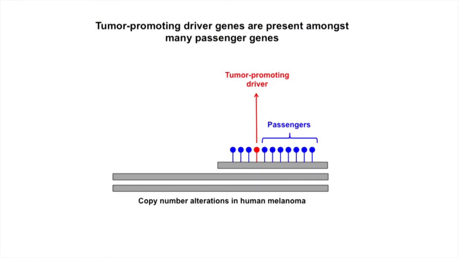Sequencing analysis of several patient melanomas has identified several kinds of genetic changes in the human melanoma genome. One of these changes are copy number variations. In regions of copy number variations, you have genes that have more copies or fewer copies as compared to a normal genome. Analysis of the human melanoma genome has identified that a lot of genes undergo such copy number variations. Now, only some of these genes are important for disease progression, and we call them drivers. The rest of them are randomly altered passenger genes that do not have any effect on disease progression.